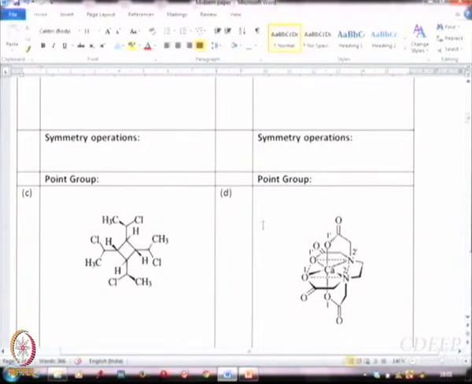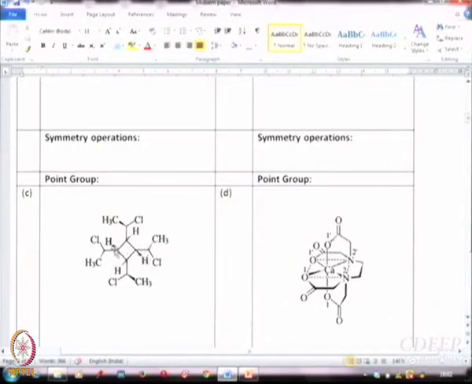So if this is not a C4 axis, what can it be? Is it a C2 axis? See, this CCH3 is above the plane. This CCH3 is below the plane. So if you take the axis that is perpendicular to this square, then it gives you, sorry, that's a C4 operation. So you turn it around, CH3 goes to CH3, fine. This CH3 goes to this CH3, that also is fine.